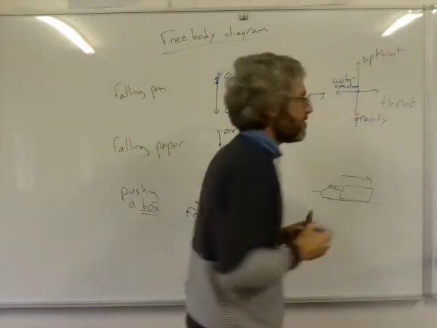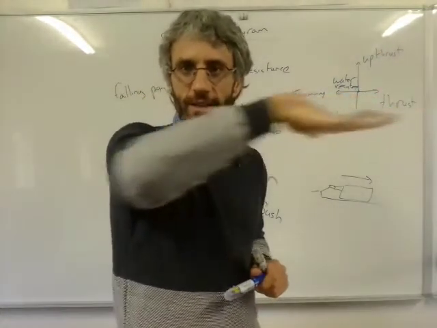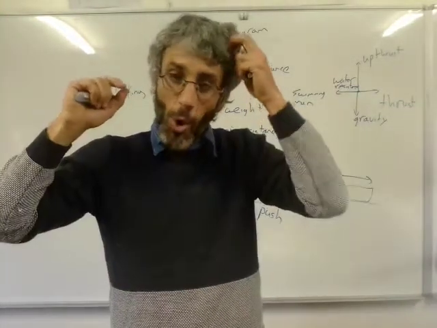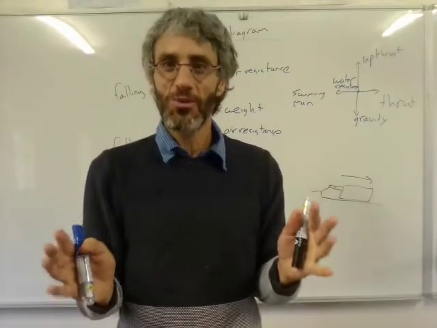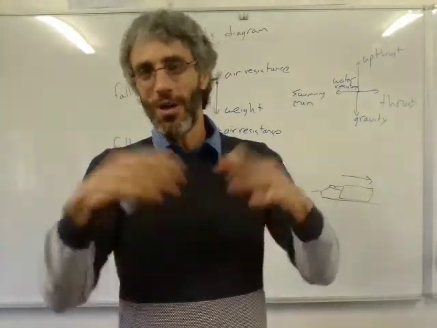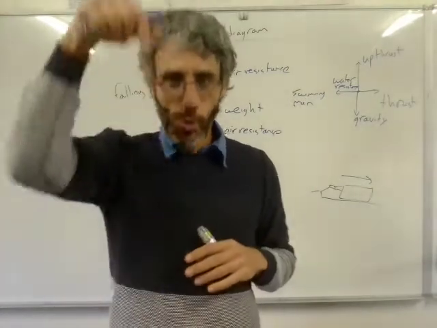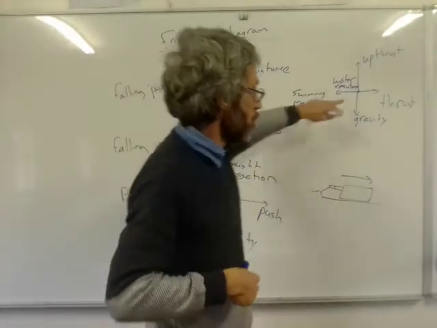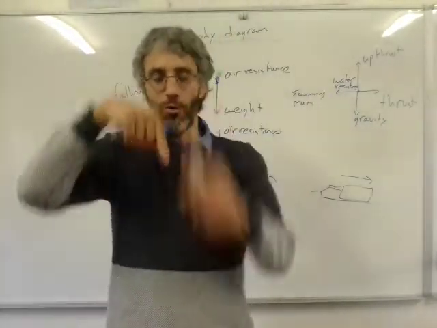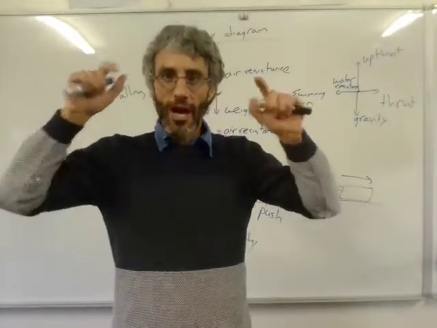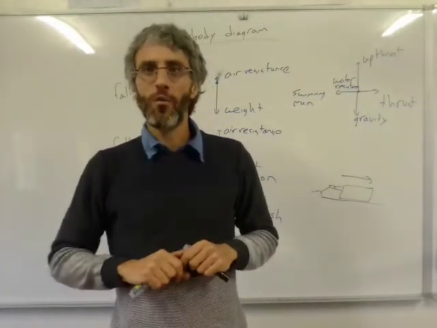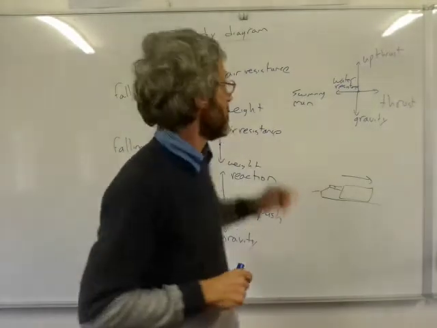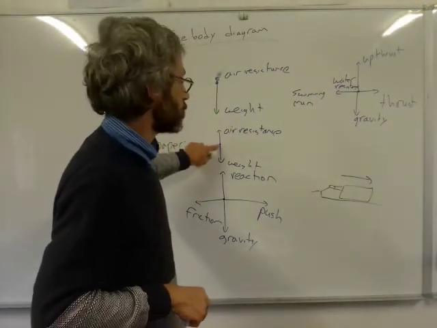So guys, even if an object moves to the side, it doesn't mean that there are no forces up and down. In fact, if you're on planet Earth, or next to any other planet or star, you will feel a gravity, so look up for these vertical forces. Right, I will give you underneath this a bunch of force diagrams, different scenarios, and I want you to draw the force diagram for each scenario. You need to, just as I did here, write just a dot for the object,